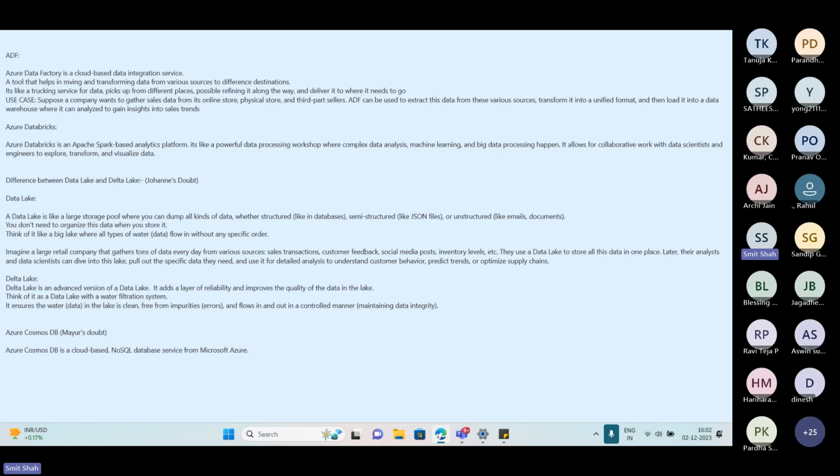So think of Azure Cosmos DB as a super efficient post office that operates all around the world. Just like a post office can handle sending and receiving packages of different sizes to and from various locations quickly, similarly, Azure Cosmos DB can handle large amounts of different types of data, whether it is document data,